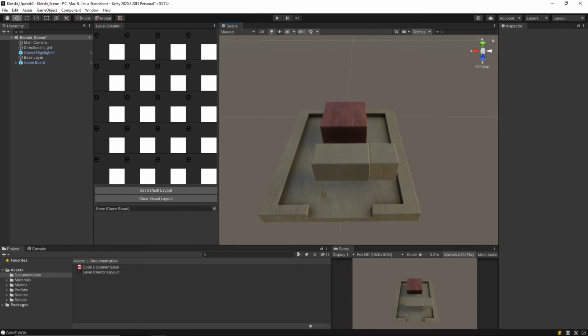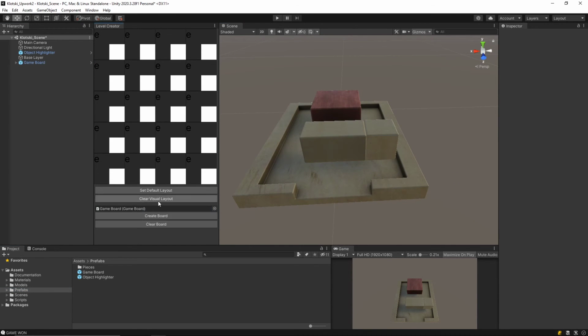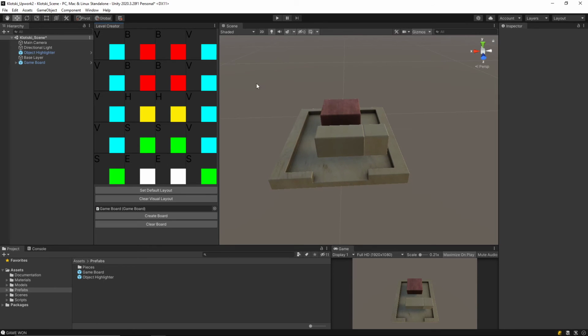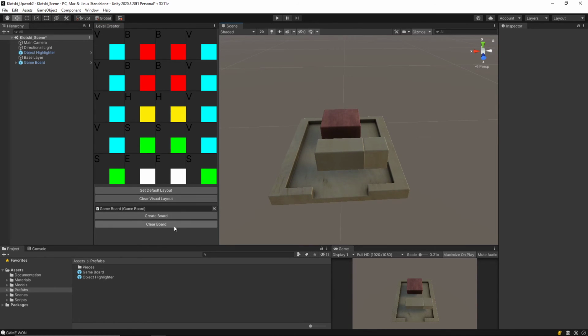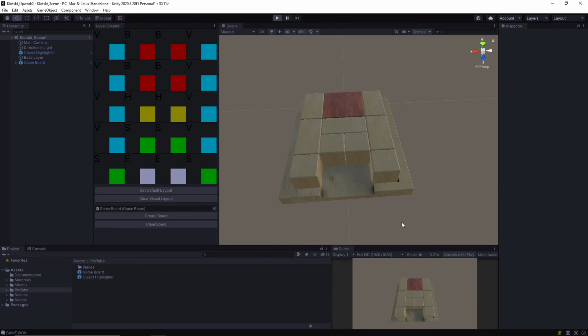Yeah, then you can just save this board as a prefab variant, right? Also, let's drag this board again. The default layout is basically the layout you gave me the scene with, right? I can create board, and you can see it creates the default layout. If I play,